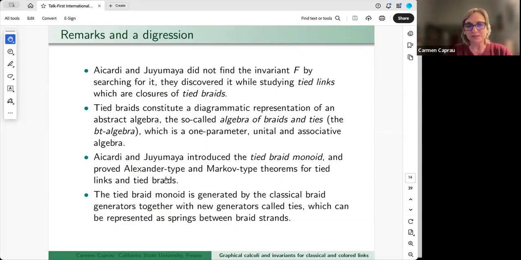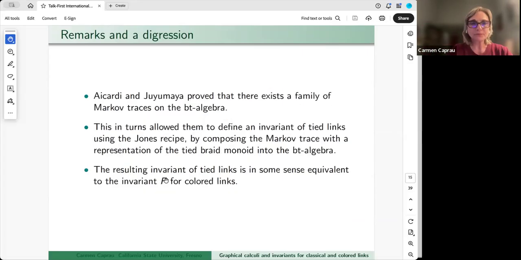And instead of putting colors, you put ties to exemplify which strands are in the same class. So then Aicardi and Juyumaya proved that there exists a family of Markov traces on the BT algebra, and that